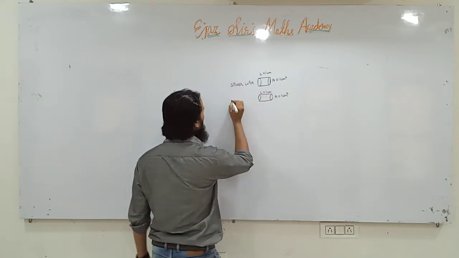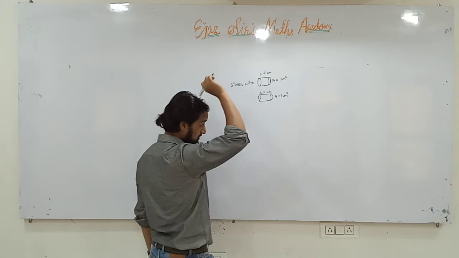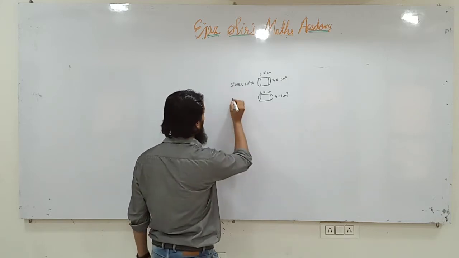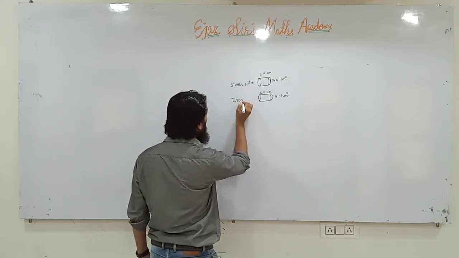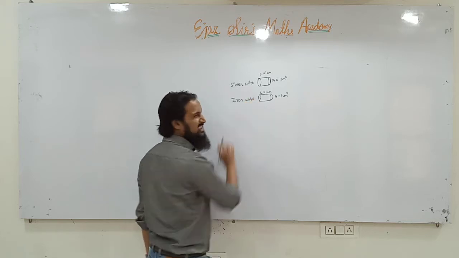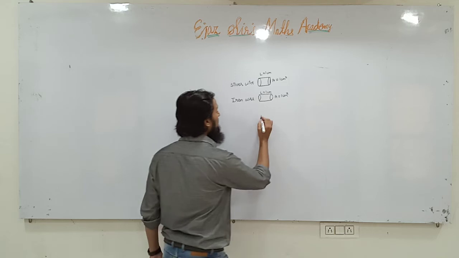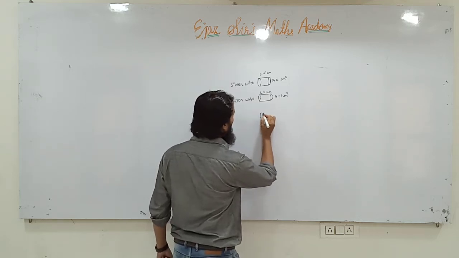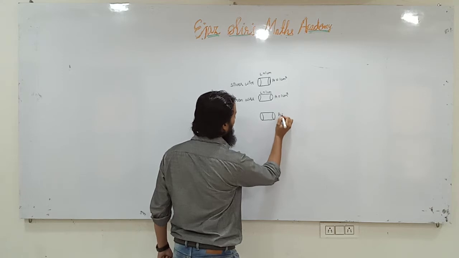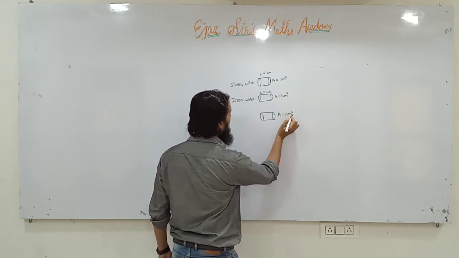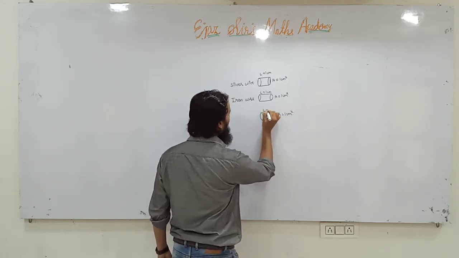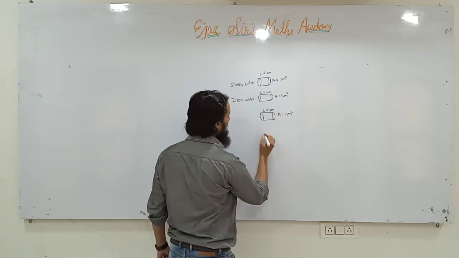And this wire is made up of, let this wire be made up of iron wire. We generally do not use an iron wire, but let us suppose this is the iron wire. Now there is another wire. We have taken another wire. It also has area of cross section 1 centimeter square and its length is 1 centimeter.